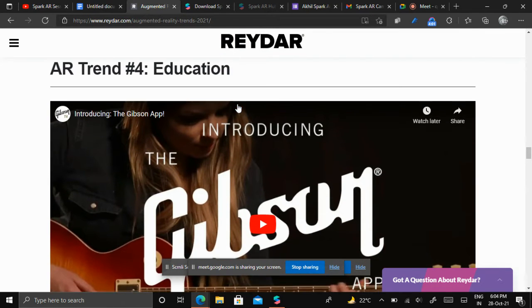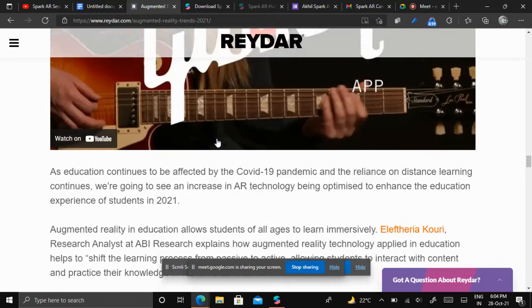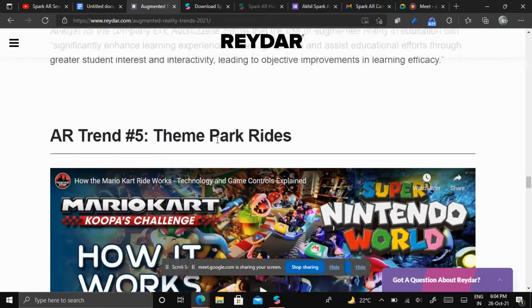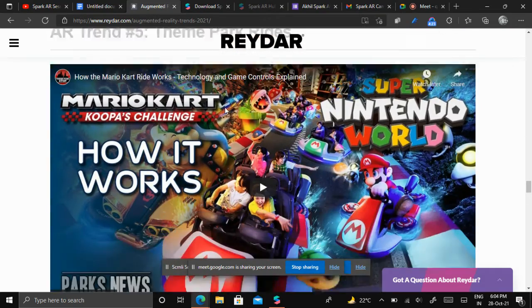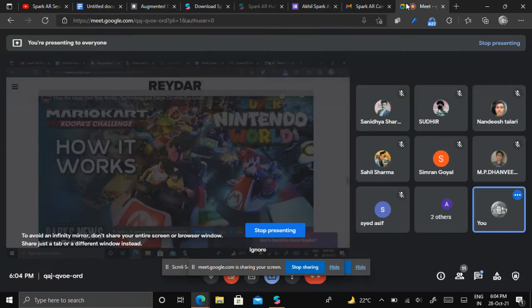This year, due to the COVID pandemic, the IITs did their graduation ceremony with AR effects. Coming to the fifth trend, it's theme park rides, something like gaming and animation, where we can also use AR.